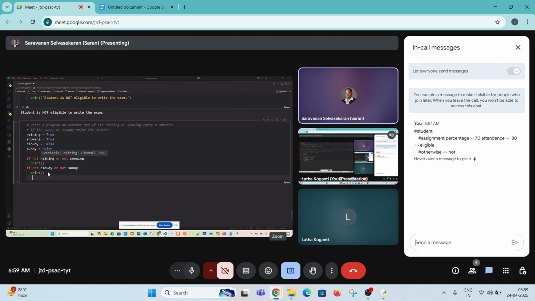Raining is true, not is false. Snowing is true, not is false. So false or false is false. No need to carry the umbrella. For this condition, cloudy is false. So false, not true. Not true is true. So